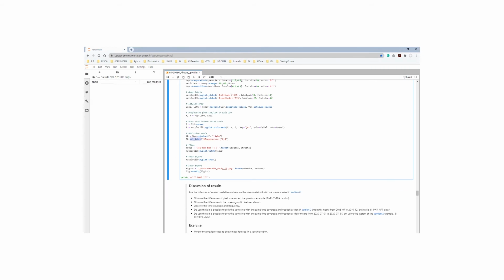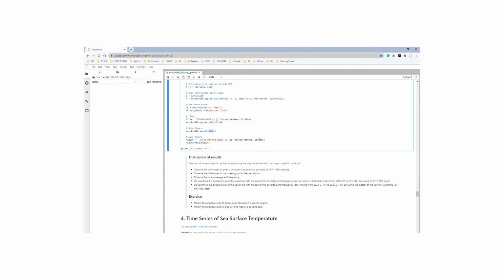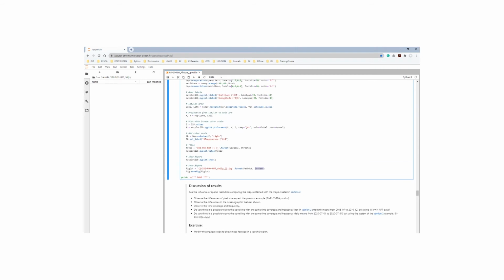We add a title with formatted text. We add a title with this command, and we format the title with this command. With this command, we show the figure in the console, and with this, we are saving the figure in the corresponding path out, formatting with this format. With this format, we create the name of the figure, using the path out and the string date variables, and we save the figure. Well, we can run this cell again,